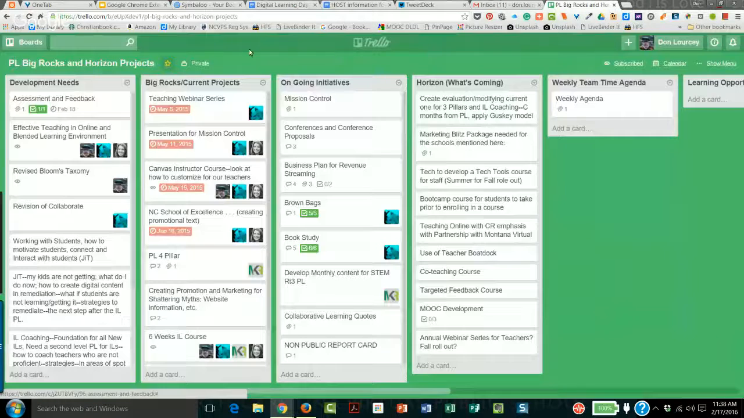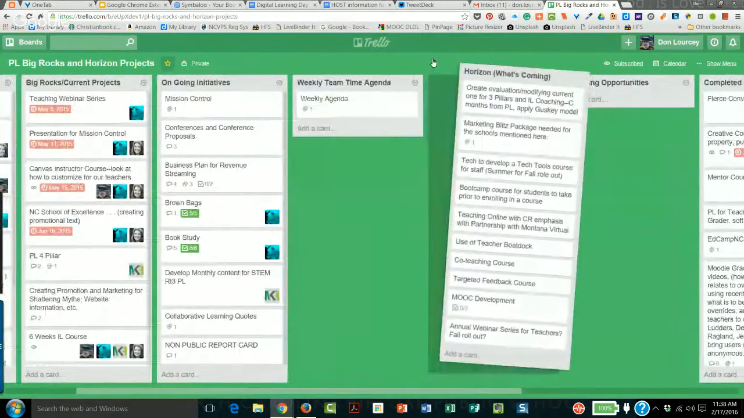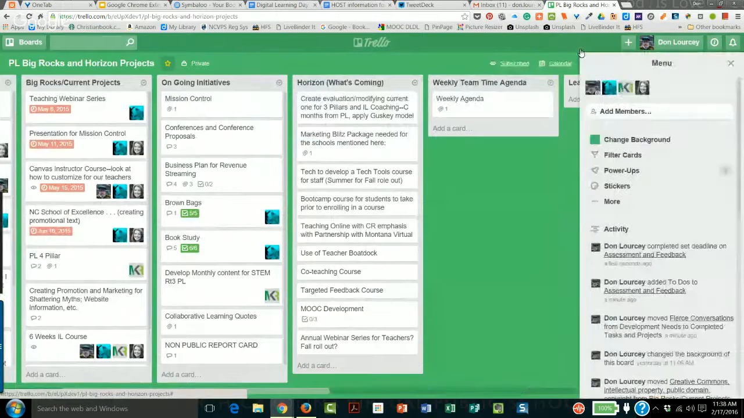So Trello, you can change the color. Now, the premium version allows you to do all kinds of wonderful, great aesthetic looking things where you can upload pictures and things like that. But the free version is so robust, you don't need that. And so you can move columns around however you see fit. You can subscribe, you can set calendar notifications. And then if I show my menu here,